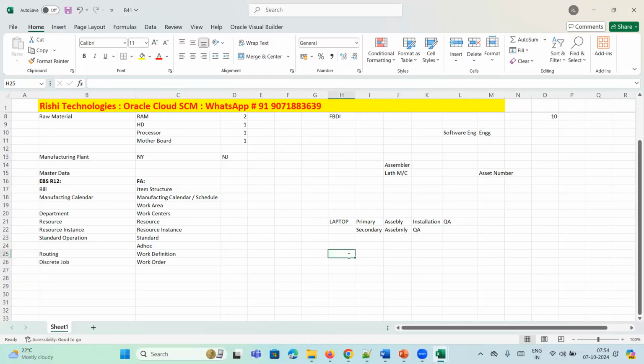Let's assume I have 100 finished goods. Each finished good must have a work definition, right? So that means minimum 100 work definitions I have to create. Do you agree with me? 100 routings I have to create. Do you agree with me? Yes. So let's assume all these 100 finished goods